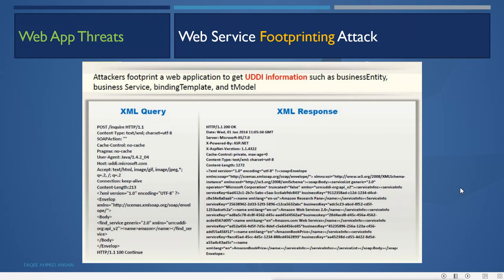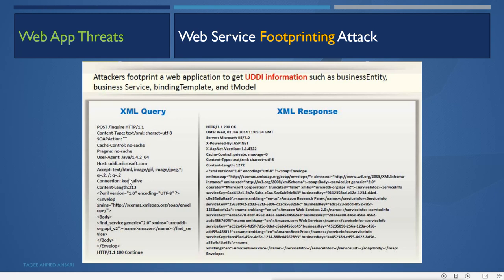Now web services footprinting attack. First, attackers footprint a web application to get UDDI information such as business entity, business service, binding template and tModel. So it can see the requests or replies from the server. If it is an XML query, the request will look like this, and if it is an XML response, it will look like this.